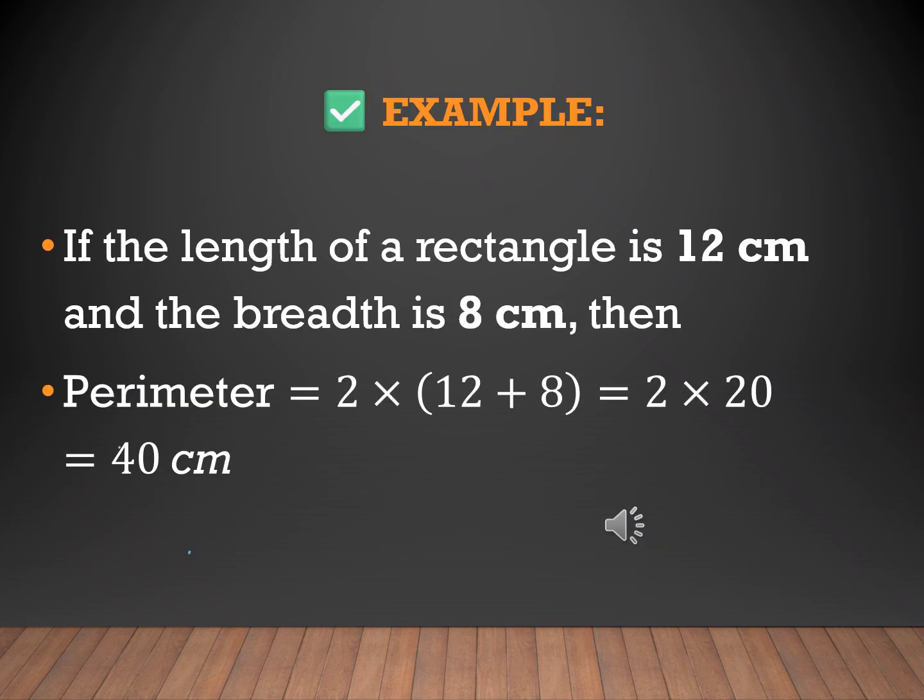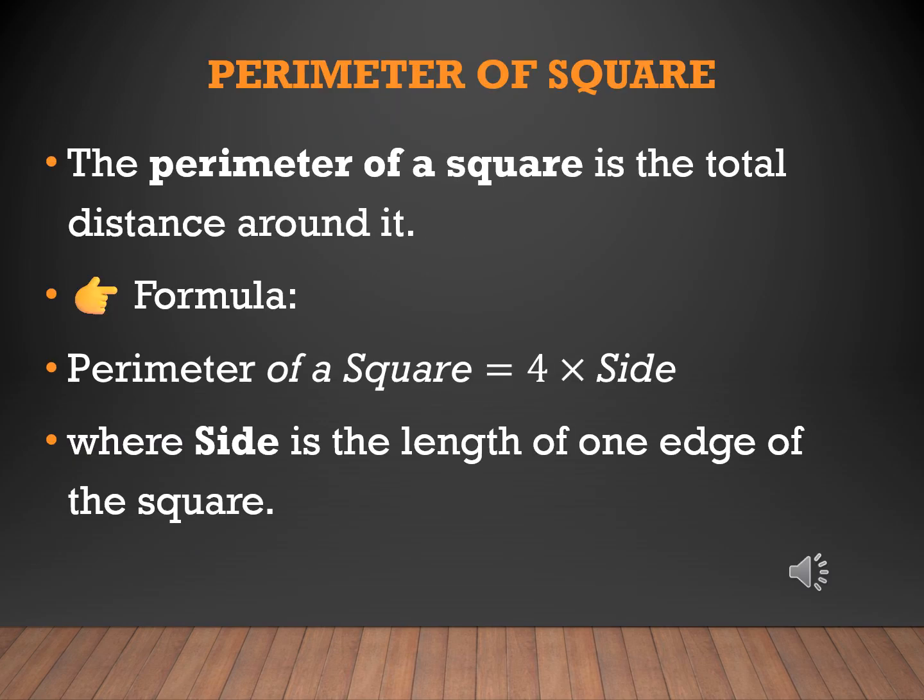Here is an example to find the perimeter of a rectangle. If the length of a rectangle is 12 cm and the breadth of the rectangle is 8 cm, then the perimeter of the rectangle is 2 times (length plus breadth), that is 2 × (12 + 8). So 2 × 20, that is 40 centimeters. Let's focus on the perimeter of a square. The perimeter of a square is the total distance around it. The formula for finding the perimeter of a square is 4 × side, where side is the length of one edge